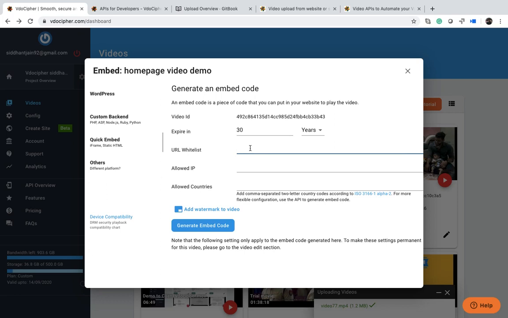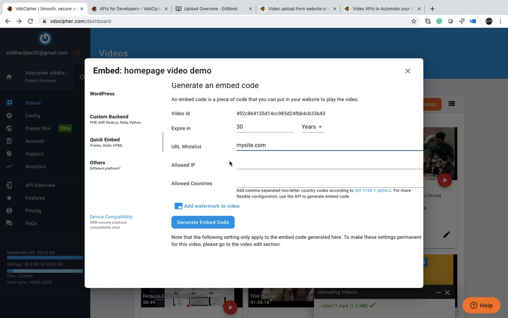Then please note that for security purposes, you have to add a URL whitelist to your site. If you are using a certain WordPress plugin or API, then it is not needed, but in the iframe, you need to add a whitelist. Please note that you don't put your site's HTTPS, www, etc. in the URL whitelist. Just simply put the domain like mysite.com. Don't use any slash or HTTPS, etc. Just use the main domain.